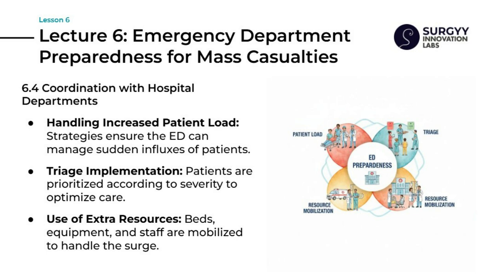The use of extra resources involves the mobilization of beds, equipment, and staff from across different departments to handle the surge effectively. This interdepartmental synergy is what allows a hospital to absorb the impact of a disaster. When every department understands its role in supporting the emergency room, the transition of patients from the front door to surgery or intensive care becomes much more efficient, reducing the overall mortality rate during a crisis.